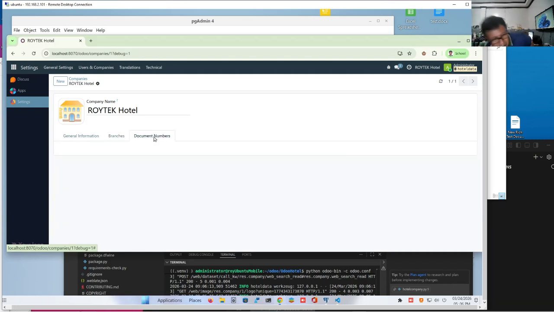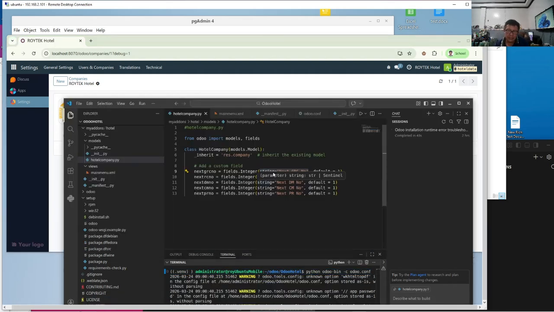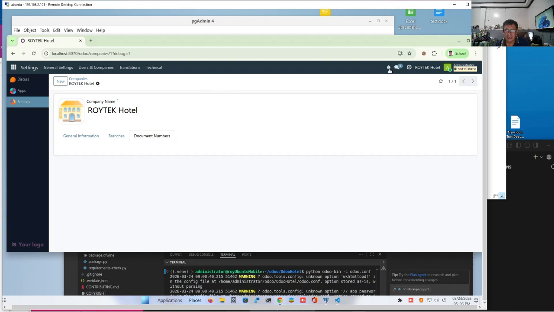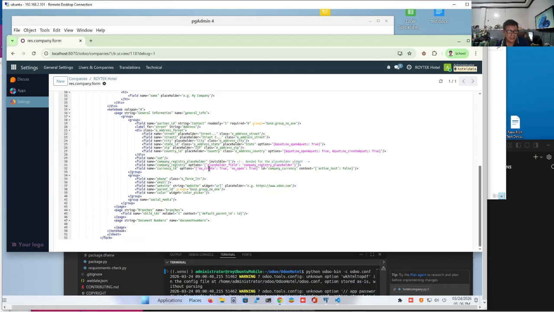Can we add the fields? Yes, of course. We know the field names. Okay, we can add these fields using the field tag in the XML. Let's try to do that. Okay, we'll edit this again by clicking the bug icon, and let's go to the form view. Okay, and then we will add a field. We'll just copy one of the fields anyway. We don't even have to use the styling because there are existing styles. These are bootstrap styles which are built in. You don't even have to include them. You just have to use the styles right away. In our case, we don't have to style because we know the field names.